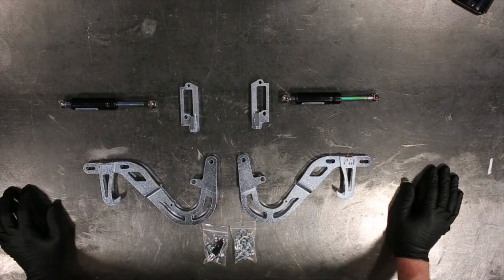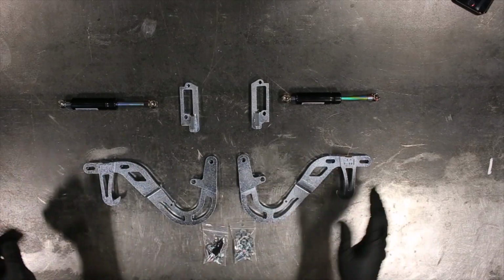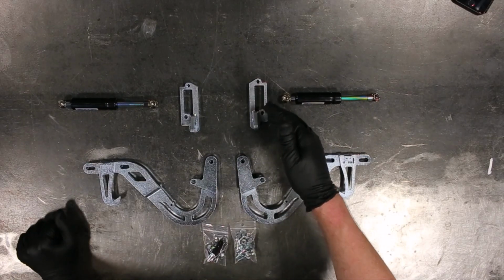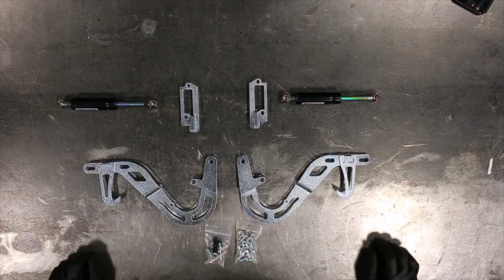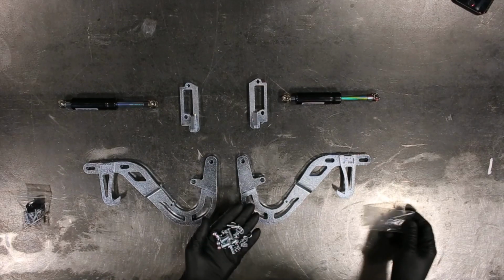After you've pulled all the parts out of your box, basically lay everything out on the table, mirror image to one another. So you have the right hinge here, you have the left hinge on this side, your lower shock support right and left, and then your shocks and your packets of hardware. Take your packet of hardware, open it all up,